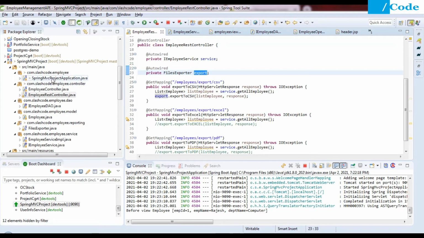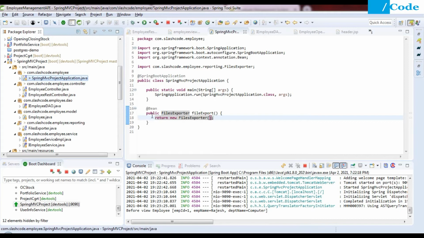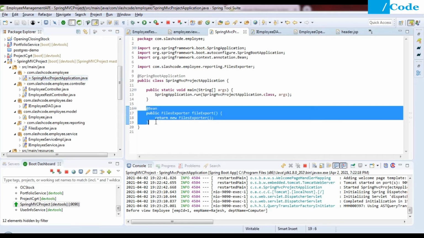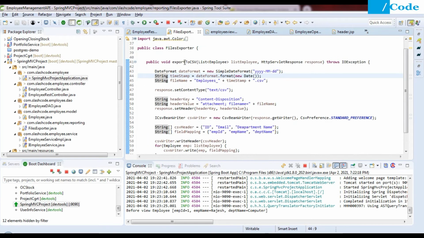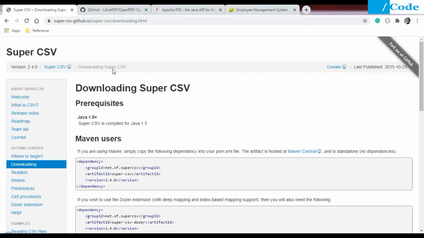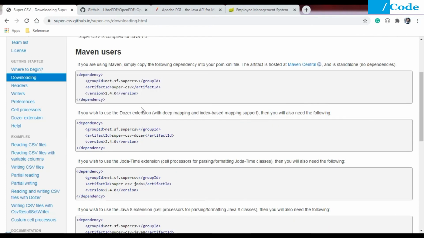And if you see my Spring MVC project, I have already defined the bean of this file exporter class, so that we can access it using the Autowired annotation anywhere. Now come to the export to CSV function. And before going there, let me show you what library we are going to use. We are going to use the Super CSV library to download that CSV file, to convert that whole object directly into a CSV file. So we are going to use this Super CSV library, and we need to add this dependency inside our project